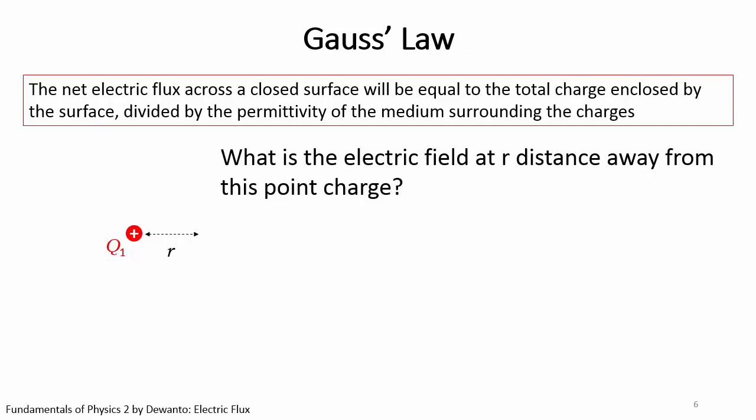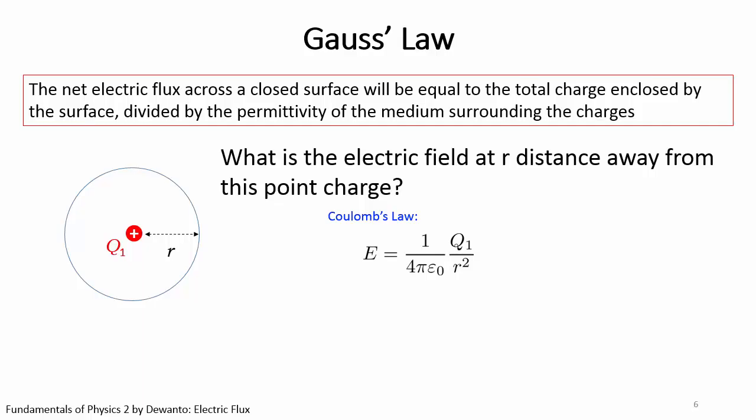Well, we know the answer, 1 over 4 pi epsilon 0 times q over r square, as given by Coulomb's law. But for a moment, let's forget that we know anything about Coulomb's law. Instead, we are going to apply Gauss' law to solve this problem. Gauss' law requires us to come up with an imaginary closed surface around the charge. For a reason which will be made clear very soon, we shall draw a spherical Gaussian surface with radius r, centered at the source charge.